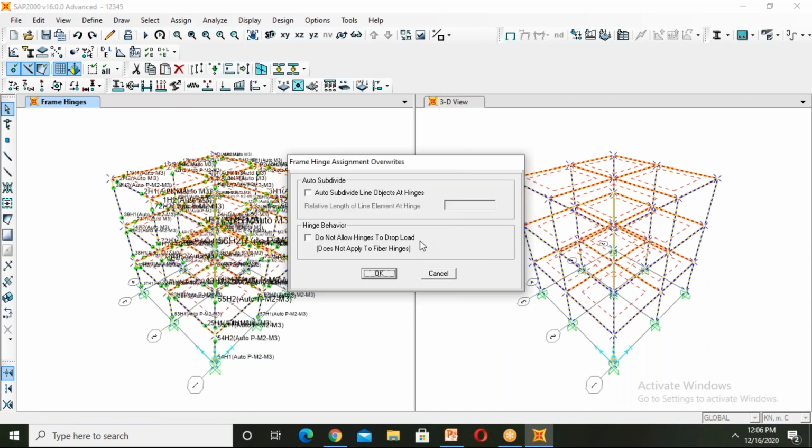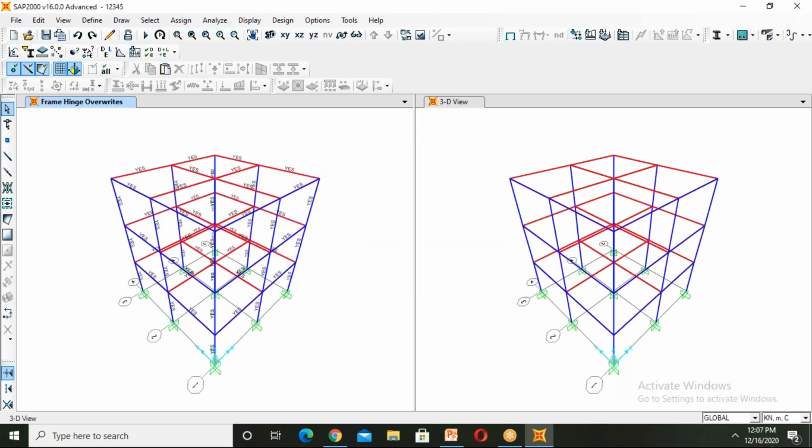Here it is Hinge Overrides. Auto subdivide line objects at hinges, as finite element analysis is based upon subdividing any section into small portions. So all the frame sections will be subdivided into 0.02 relative length, and then analyzed. So we have to do hinge overrides. Then click on OK. Hinge overrides have been given.